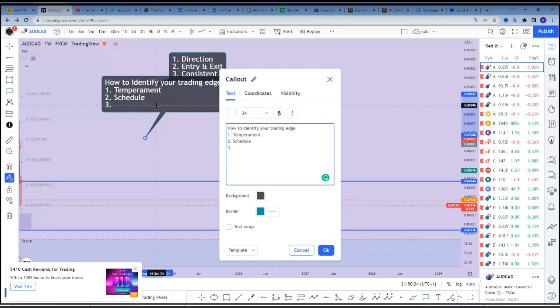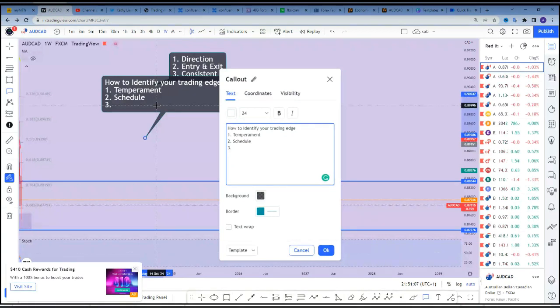Two, if you are someone who is full-time available, you have your whole time to yourself, and you can spend that entire time studying the market and trying to analyze the market, then in that case, you can easily work with strategies or systems that you can commit your time and effort and energy to. That works. So when you know your temperament and your schedule, these are two things that can help you understand what your trading edge will likely be.